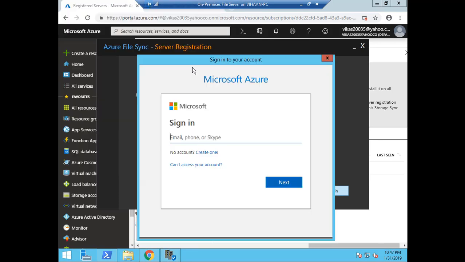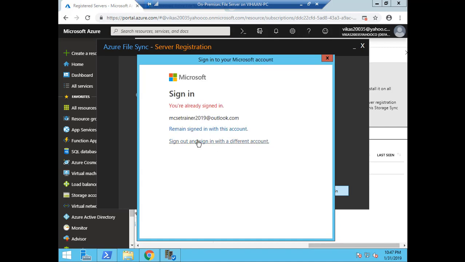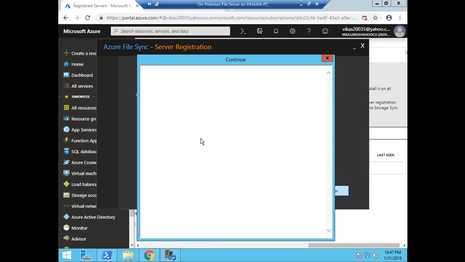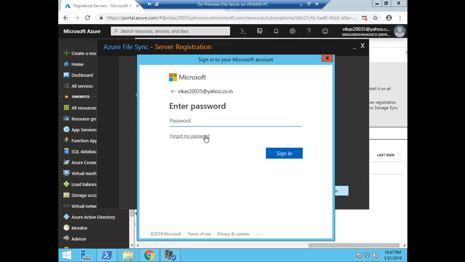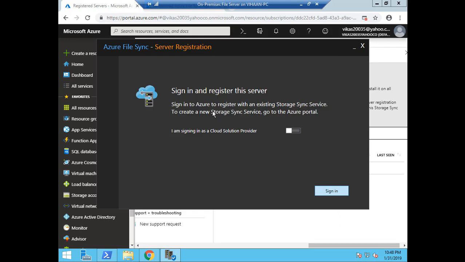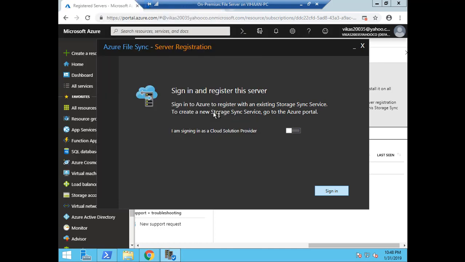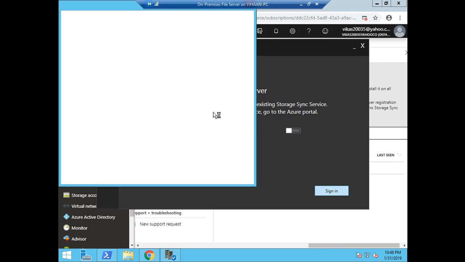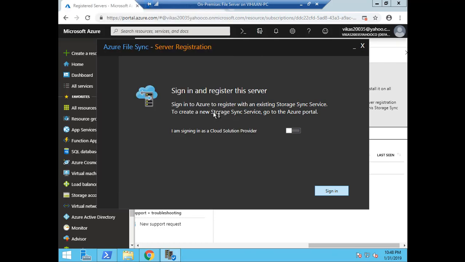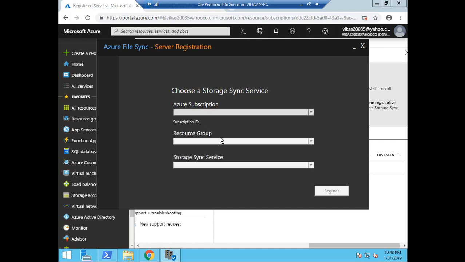Sign in will ask you to authenticate with Azure subscription. So once the authentication is done,